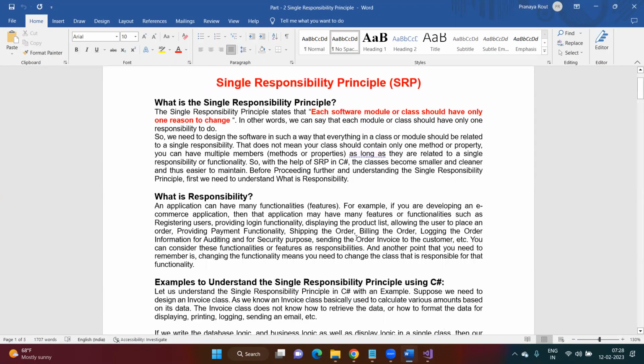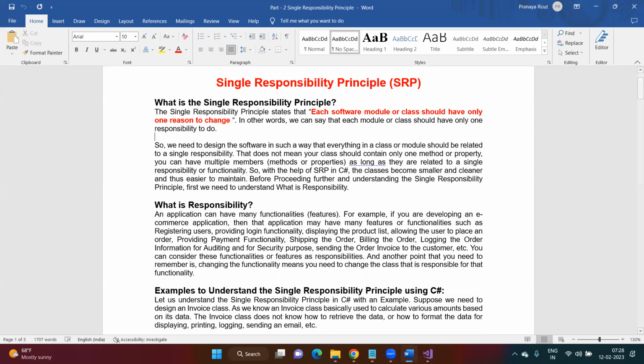Right? So, does anybody have any idea related to this single responsibility principle? Means like a class should have only one responsibility. So, what does it mean? That's absolutely fine. A class should have only one responsibility to do. But what? Maybe functionality wise,